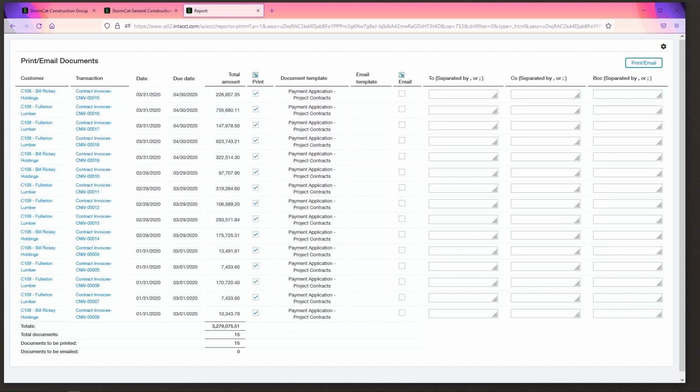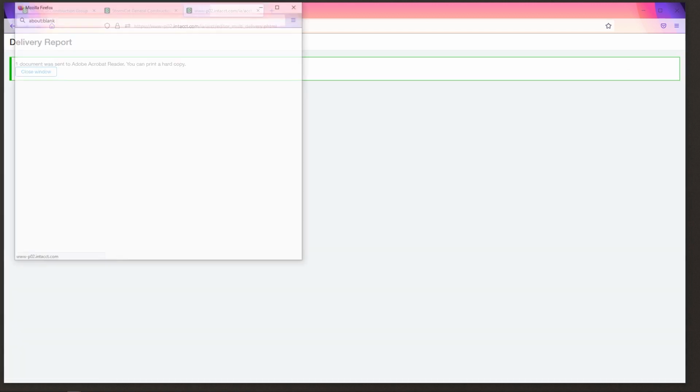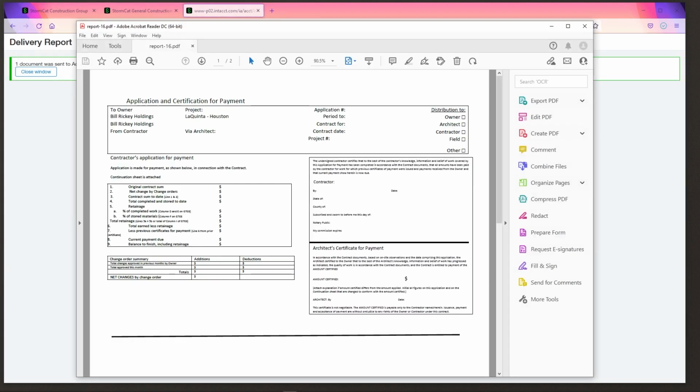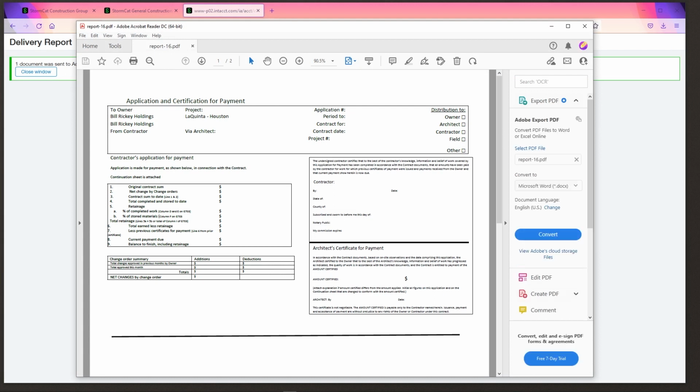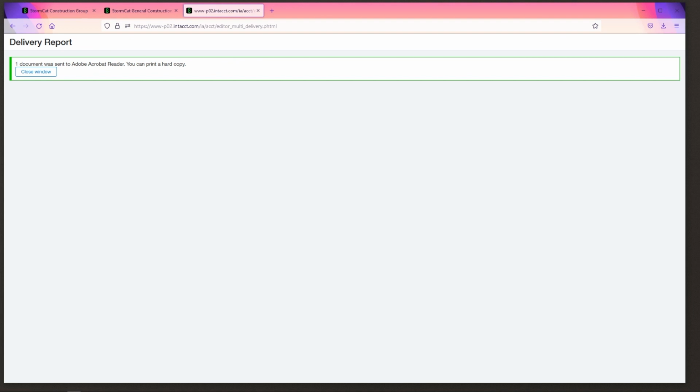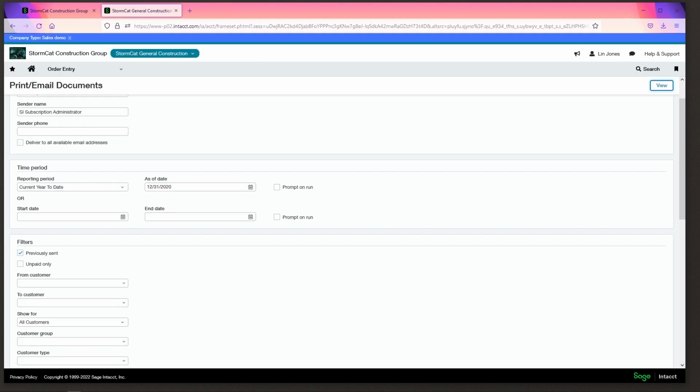Right now they're all checked. I don't want to do all checks. You can click this and it unchecks them. Let's just do one. And let's see, print email. Wait for it to do its job. Eventually. And here we go. Hey, what do you know? It gave us the AIA form. This is not the AIA form. It is just a similar one. We got your scheduled values, things of that nature. I guess that makes the payment application. It should have been that.